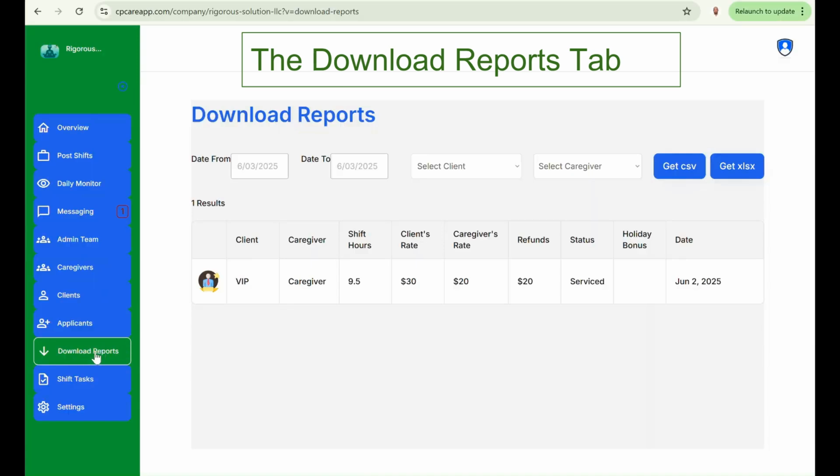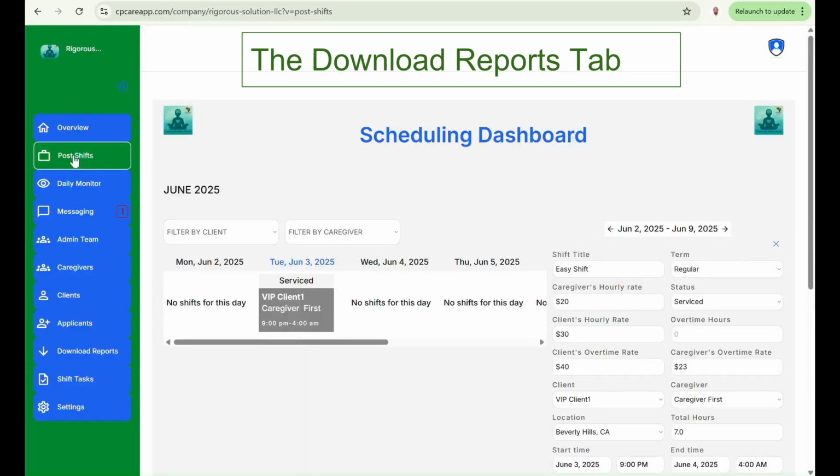So when you hit the download report tab, all the shifts that have been serviced show up. Remember, the status has to be serviced before it is billed. A serviced shift is a shift that has tasks completed, it has all the necessary information filled, and the status is marked serviced. So just a quick look. If we take a look at this shift card right here,